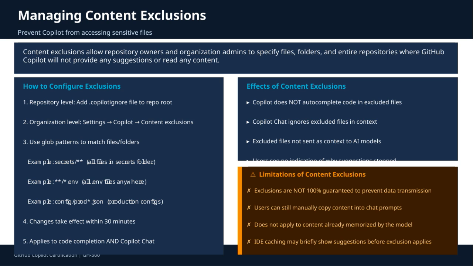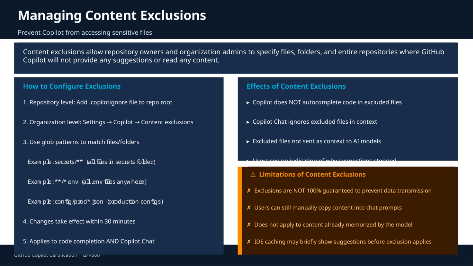For example, using secrets/** excludes all files in the secrets folder, **/.env covers all .env files regardless of location, and config/prod/**.json targets production configuration files. Once set, these changes take effect within about 30 minutes, and they apply not just to code completion but also